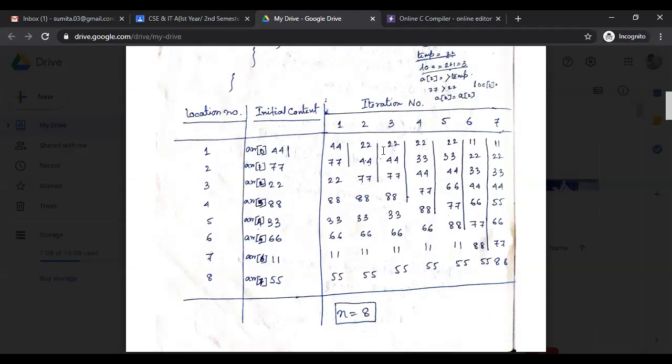So see, there is no comparison, because all the time the condition is false. Why? Because 88 is already the largest among those. So at some point the condition becomes false every time, no comparison will happen, because 88 is already in the highest position among these 4 elements.